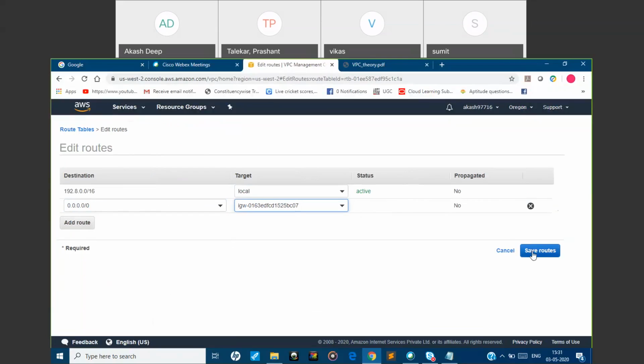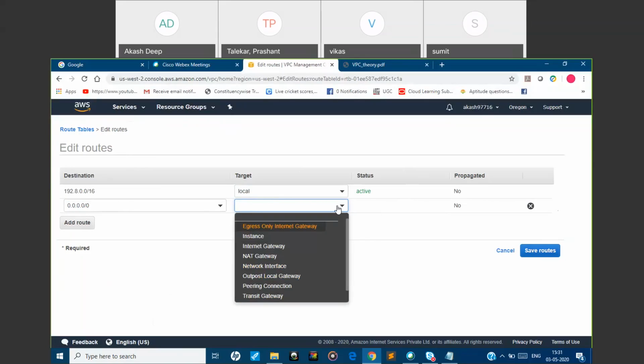We are selecting 0.0.0.0/0. What is this? Basically we are allowing all destination traffic here. I will talk about this in detail when I deal with inbound traffic, outbound traffic and outbound rules. If you see here, we have multiple components: peering connection, transit gateway, outpost local gateway, network interface, NAT gateway, NAT instance.